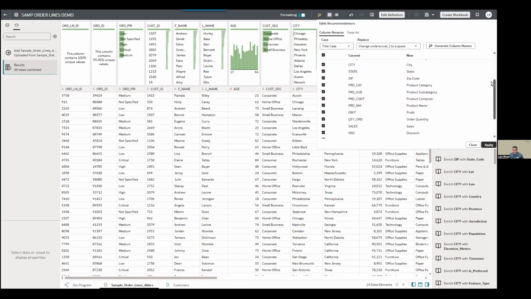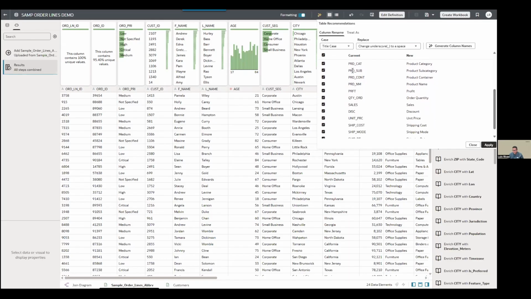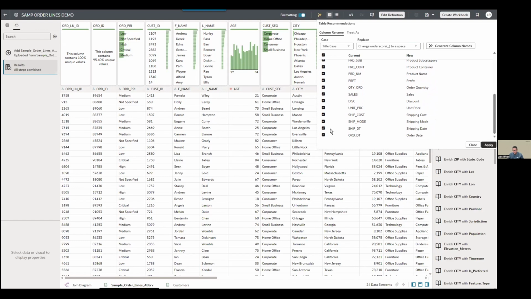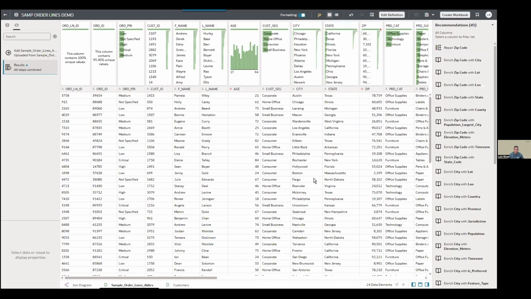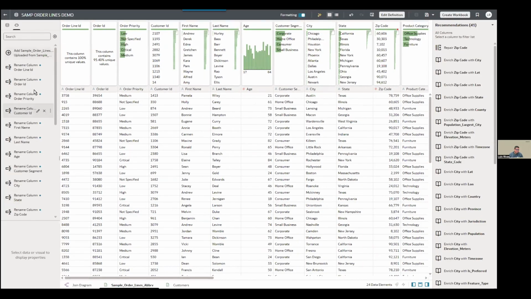Notice that every column has been nicely expanded. All the abbreviations have been discovered and expanded, and we do a little review. If you disagree with something that the model sent back, you can just go ahead and change it. And when you're ready, you can just go ahead and apply. Notice that every column name that has changed has a little tracker and the transformation script, so you can track how the names were changed.